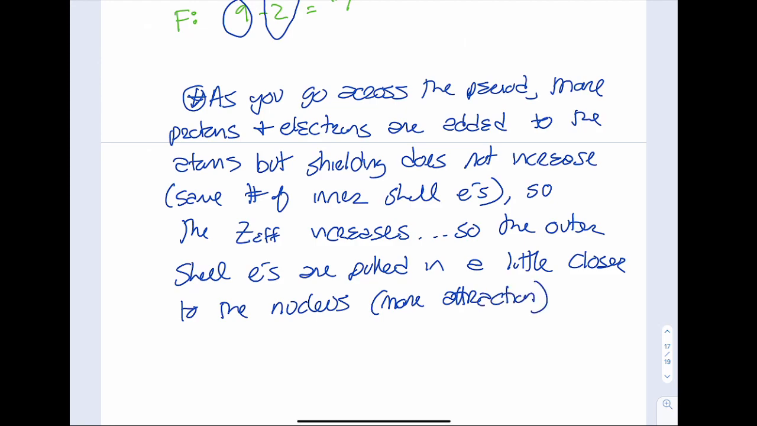So as I go across the period, more protons and electrons are added. Shielding, however, does not increase. So I have more total electrons, but my inner shell electrons are the same. So I have a larger effective nuclear charge, right? I have more attraction between those outer shell electrons and the nucleus, and it's pulled a little closer to each other,